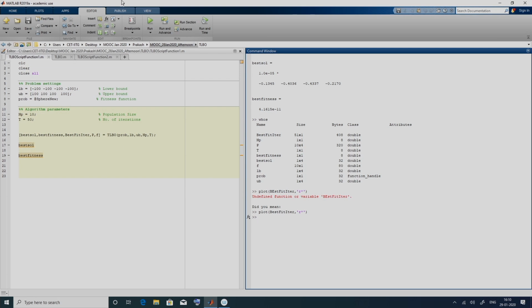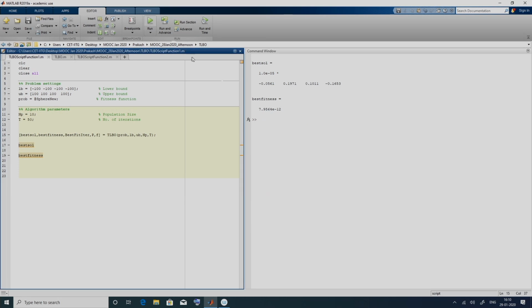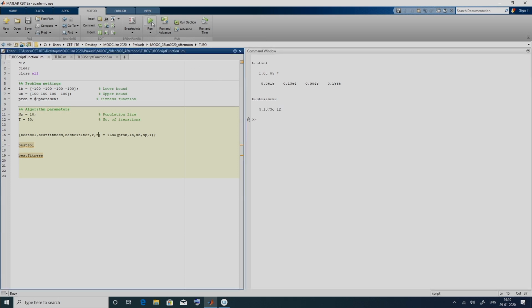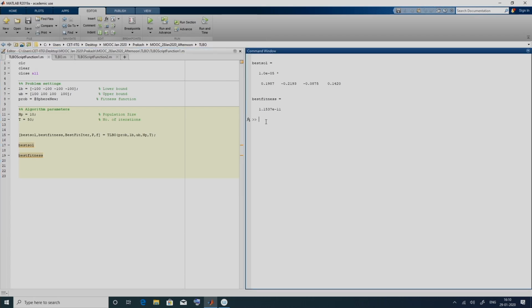Now if we execute this, we have a fitness function value of 7.95. If we execute again, I get a different fitness function value, 4.10, 4.56, 2.2, 1.24, 1.15. This is happening because the algorithm is stochastic.